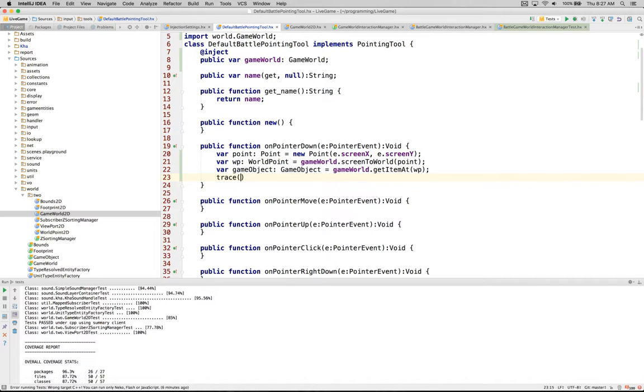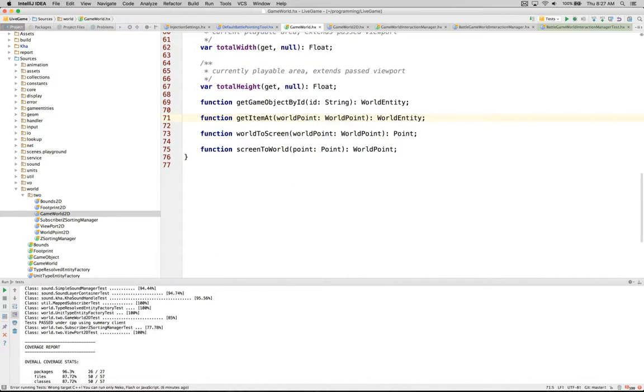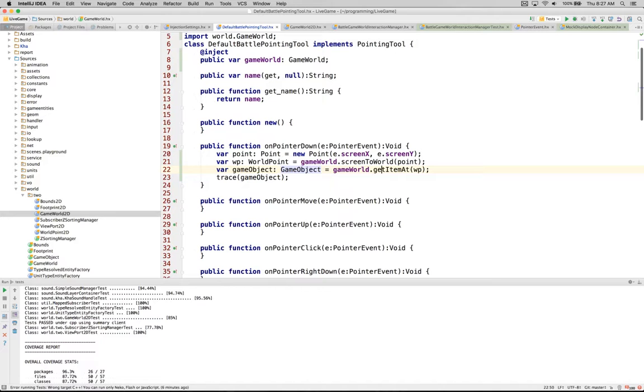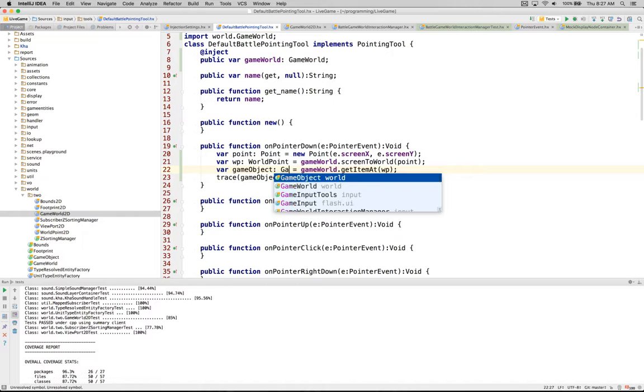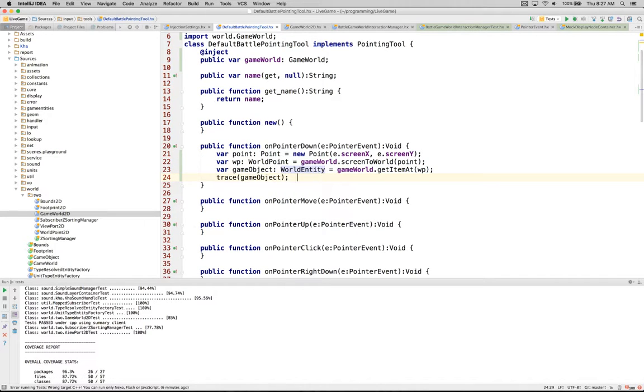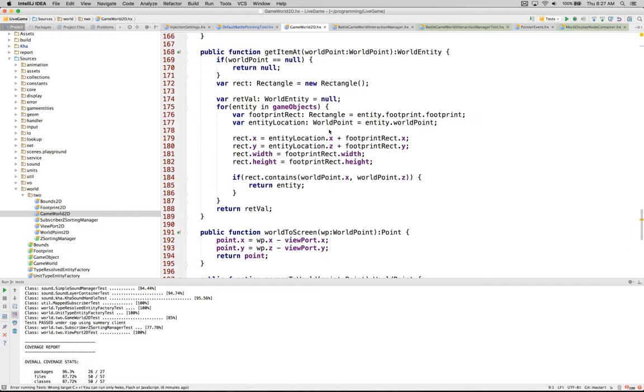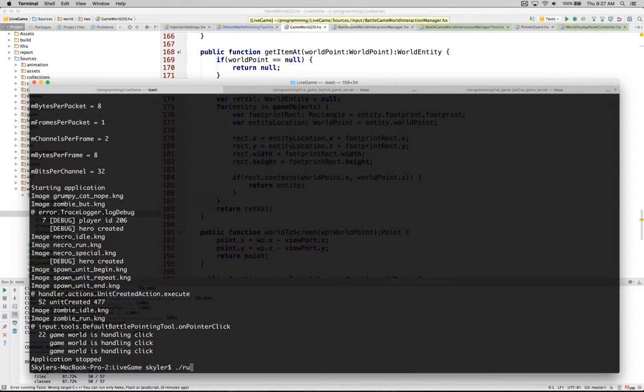And now we can just trace that out. Game object. And I believe it checks by the, like, as a world entity, which I think a world entity is a base object. So we're just going to grab the entity. Game entity. Or world entity. There we go. World entity. And just going to make sure here, I think it looks based on the footprint. And let's just run it. And while it's building,